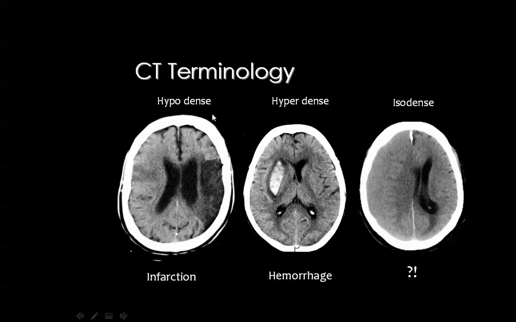Number one, a hypodense lesion, which means that there is a lesion that is of lower density compared to the normal brain parenchyma. A hyperdense lesion is the lesion which is more dense than the usual or the normal brain parenchyma. An isodense lesion is usually of similar CT density to the normal brain tissue. Then you are not able to identify the lesion itself, but you will identify the effect of the lesion on